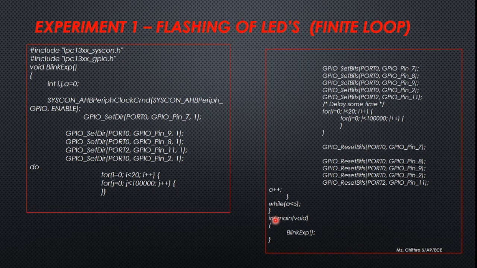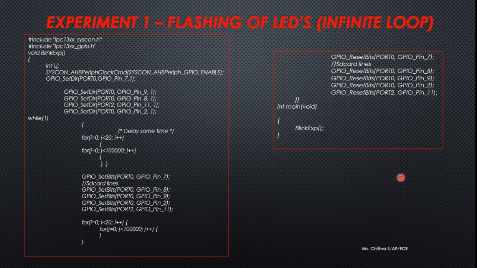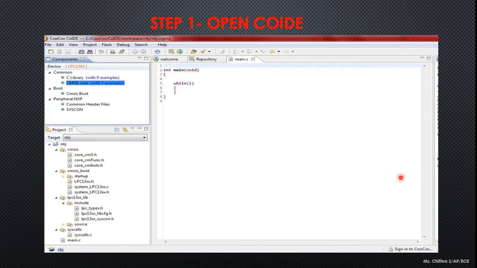What do we have to do? I need to terminate the entire experiment. So I'll keep on processing this only till what condition? While a is less than 5. And after this, once again, we make a function call to do the same process again and again. So this experiment is the finite loop where we try to turn the LED on and off for only 5 times, whereas in the previous infinite loop we used the while of 1 loop where the LED will go on and off for an infinite duration. Now how to perform this using the Coocox IDE?